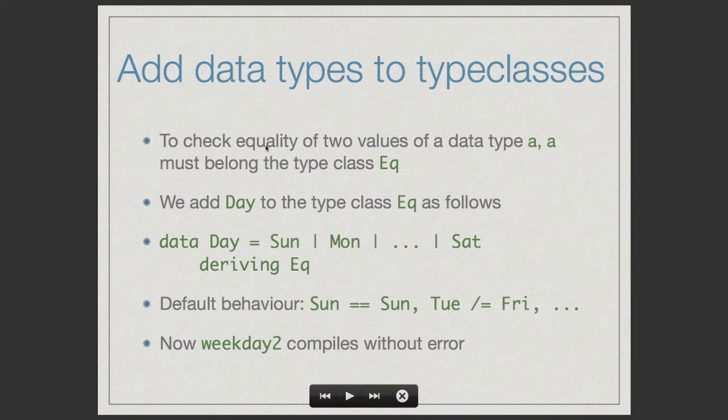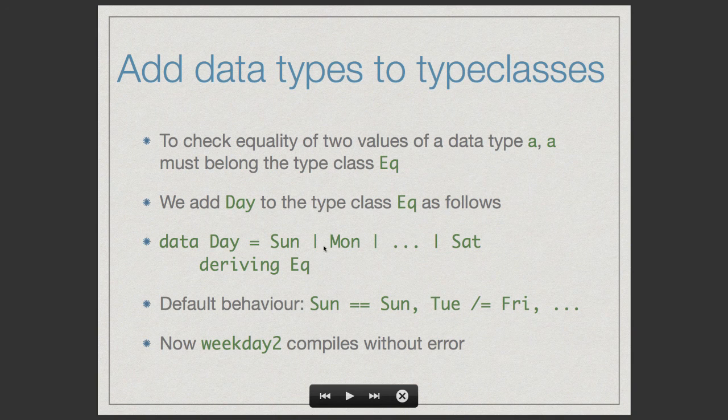To check equality of two values of a data type, it must be declared to belong to the type class Eq. We have seen the notion of a type class in earlier lectures, and we have also seen the type class Eq in detail. So to get weekend2 to work, we need to add Day to the type class Eq. And we add Day to the type class Eq as follows: